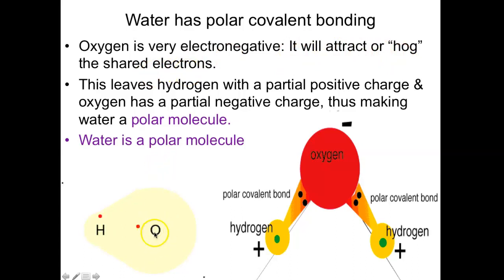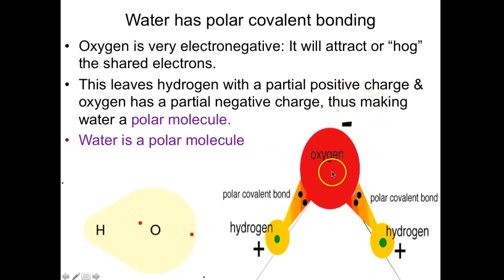So in this picture, we can see the electron cloud is much bigger around oxygen because oxygen is electronegative. It hogs the electrons. So this is a polar covalent bond. In water, water is H2O. Here is our oxygen, and these are the two hydrogens. Because the electrons are going to be hovering around the oxygen more, and the electrons have